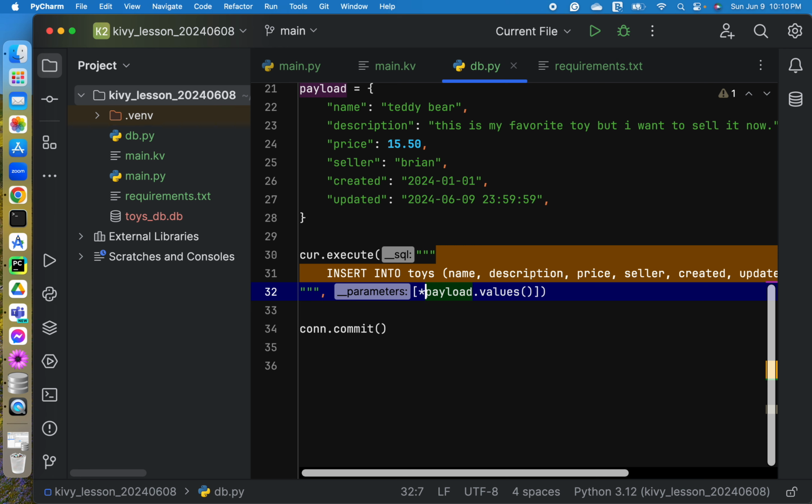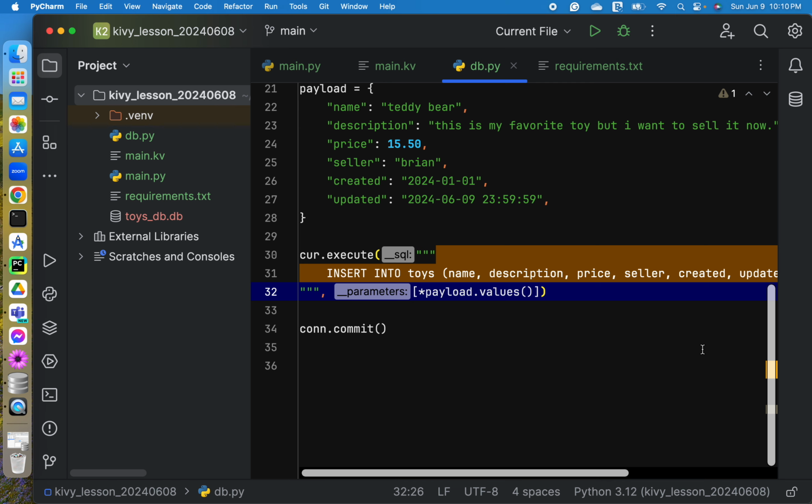I only need the values like that. And then we are using the destructor so that this dictionary will be converted to a normal list like this.